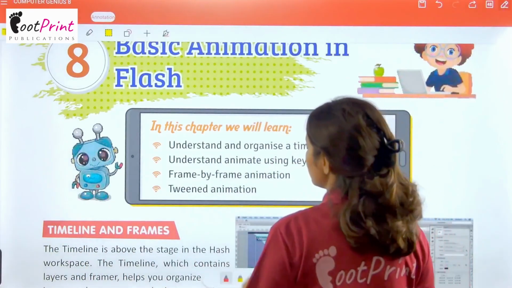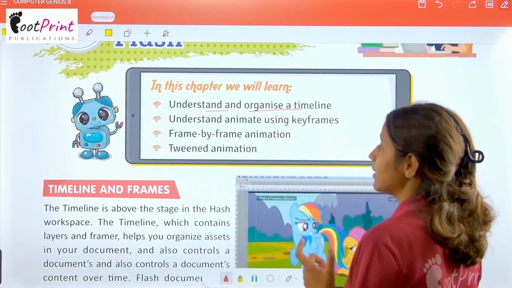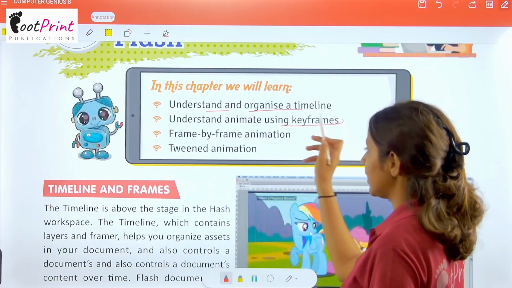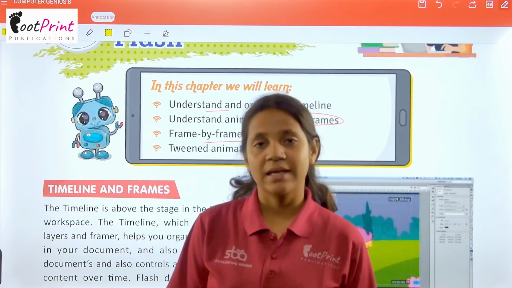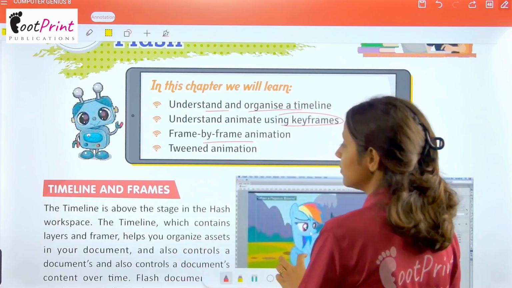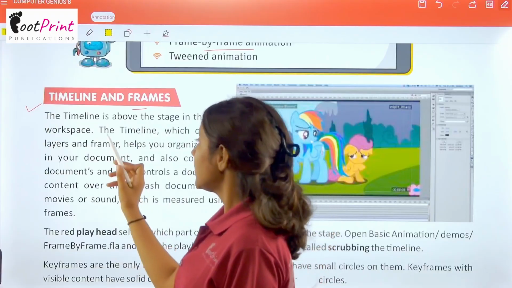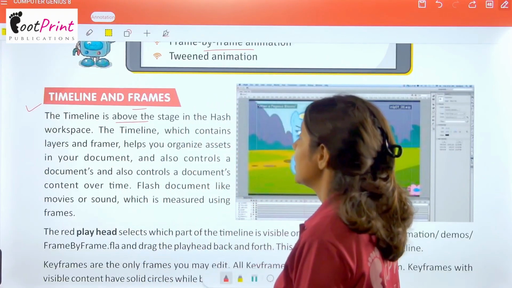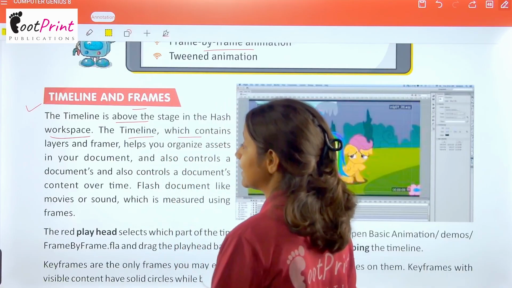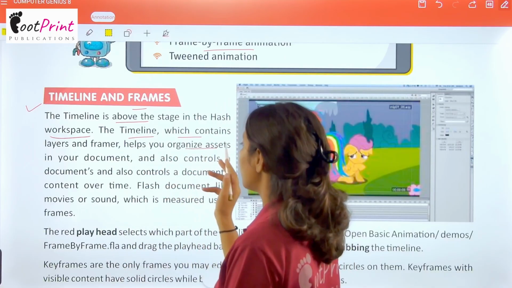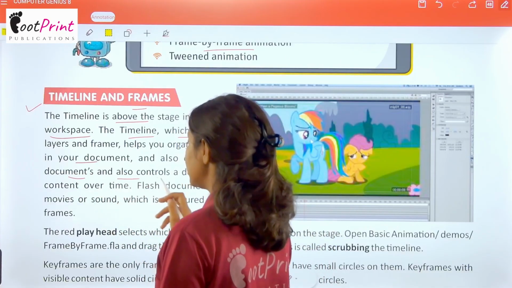Today in this class, we will learn to understand and organize a timeline, animate using keyframes, frame by frame animation, and tween animation. Firstly, we are going to learn about timeline and frames. The timeline above the stage is the main workspace. The timeline, which contains layers and frames, helps you organize assets in your document